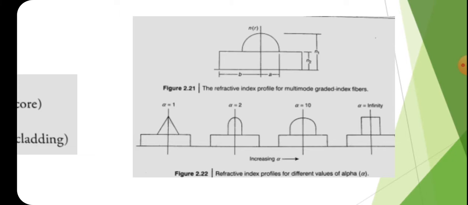When alpha is equal to 2, that means the profile parameter is increasing, then the refractive index of the core will take the look of a parabola, and whenever it is increasing and when it becomes infinity, the core refractive index will be exactly the same as that of the step index fiber. That means it will change from graded index fiber to step index fiber. Okay,